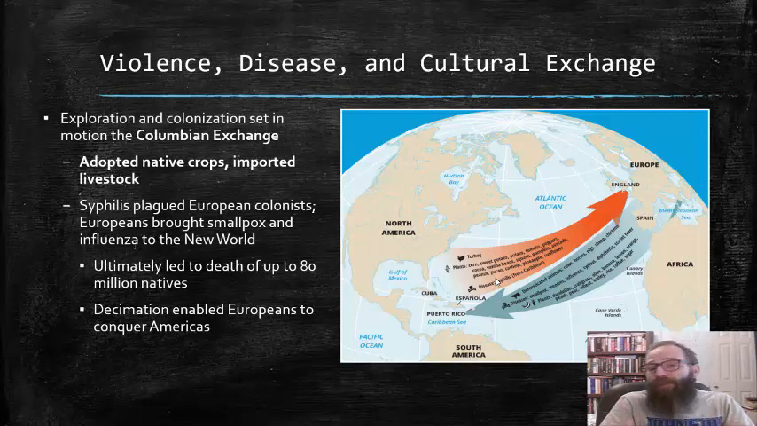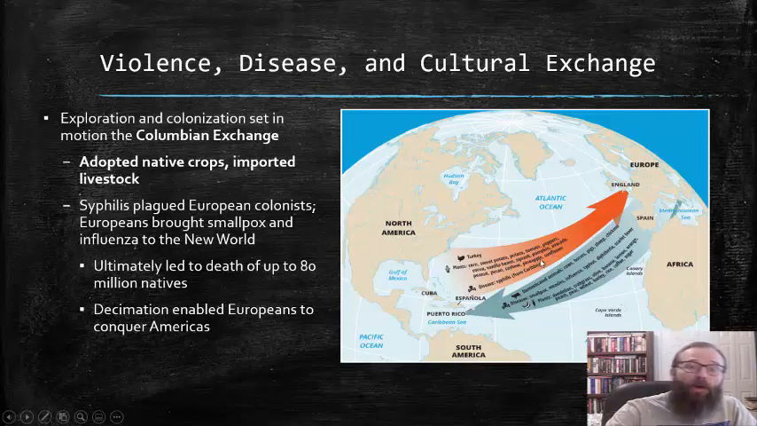The Europeans adopted native crops, and they also imported European and Asian livestock into the Americas. And this diagram here really illustrates this exchange in a visual manner. You can see such items as turkeys, corn, sweet potatoes, tomatoes, peppers, cacao, vanilla beans, etc., were all originally from the Americas, and as a result of European and American contact, ended up in Europe and Asia and the rest